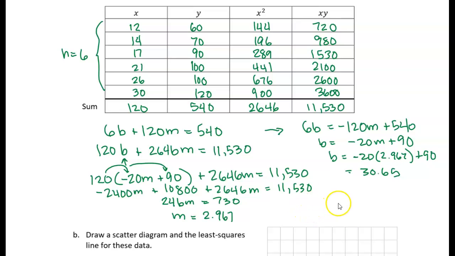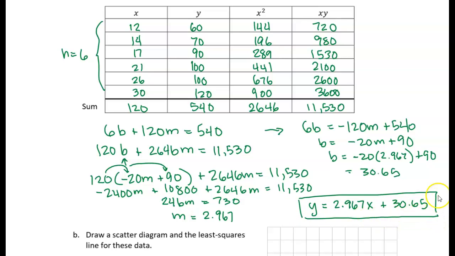All right, so now I'm ready to write the equation for my line. So it's y equals mx plus b, right? So I get y is equal to 2.967, that's our slope, times x. X is our ad expenditure, right? And plus the b, which is 30.65. Okay, so there's the equation for the best fit line,